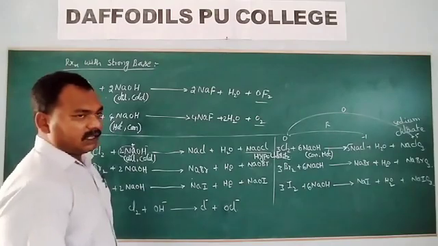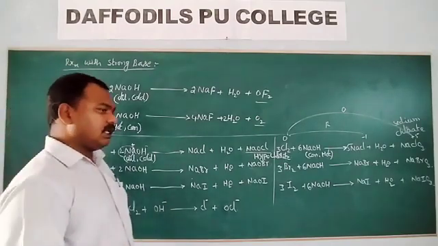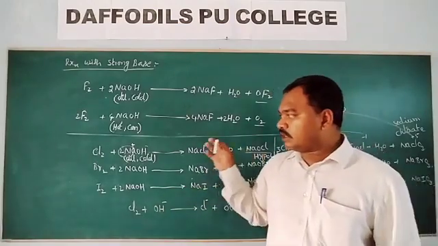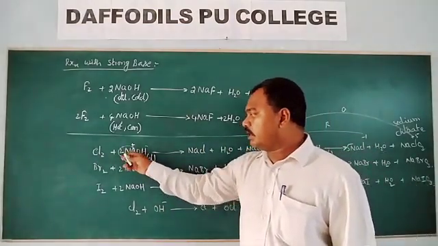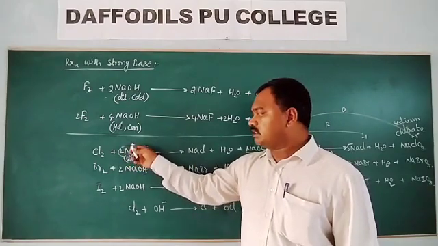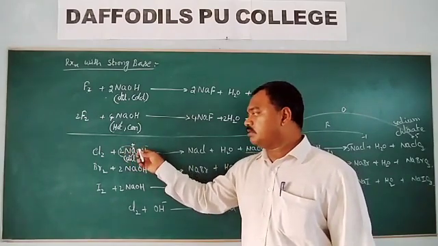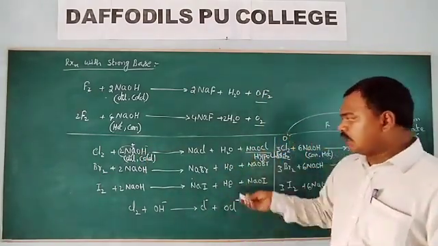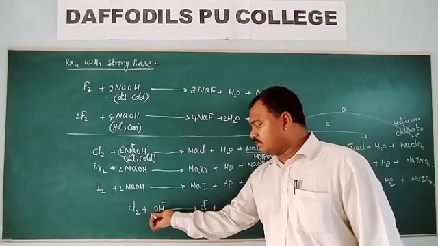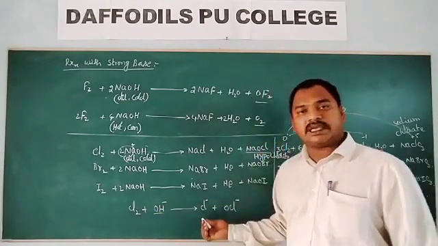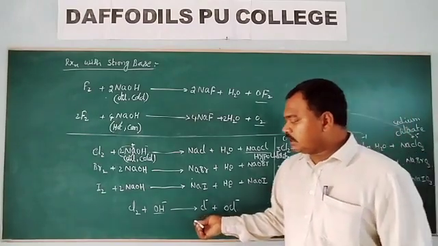Remove all the spectator ions. Spectator ions means their oxidation state does not change during the reaction. So here the spectator ion is Na plus. For OH minus, the oxidation state of oxygen is -2 and hydrogen is +1, so it is also not changing. So all those things are eliminated, and we just put this OH minus to represent that this reaction is carried out in